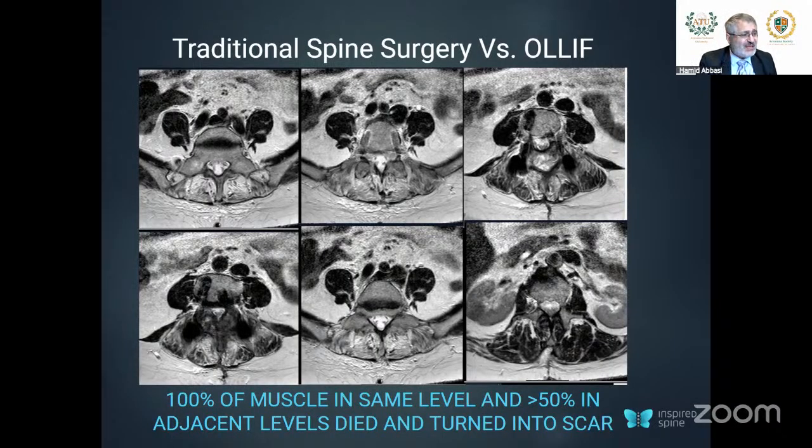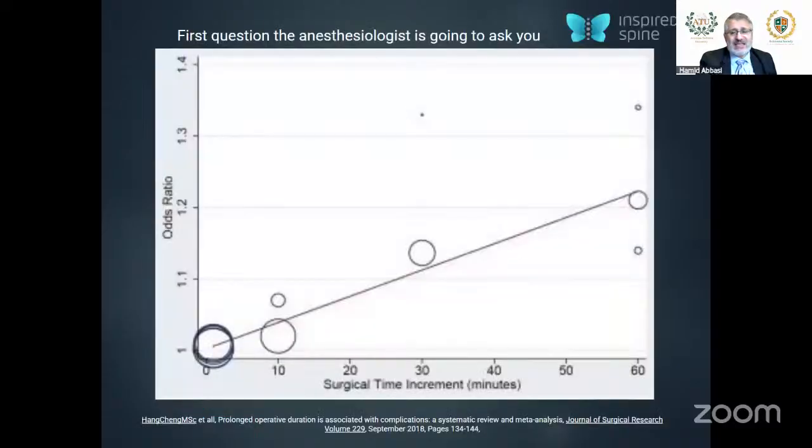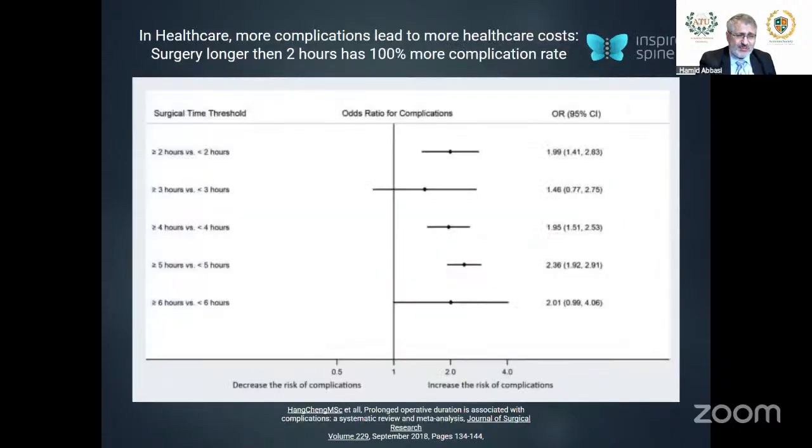And as well, let's talk about the efficiency of the surgery. This is a fact based on almost 400,000 surgeries, all surgeries together. Every additional half hour under anesthesia adds 17% to the combined risk of the surgery. So if you put the surgeries under 2 hours in one group and surgeries over 2 hours in another group, you're doubling all the complication rates related to the surgery. Now, do not misunderstand me.